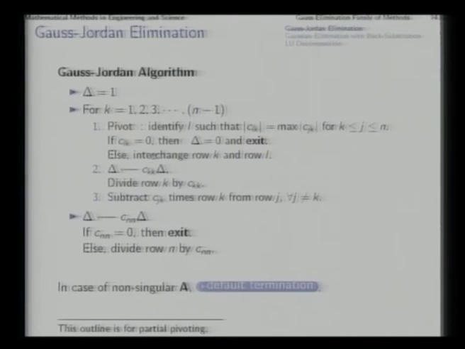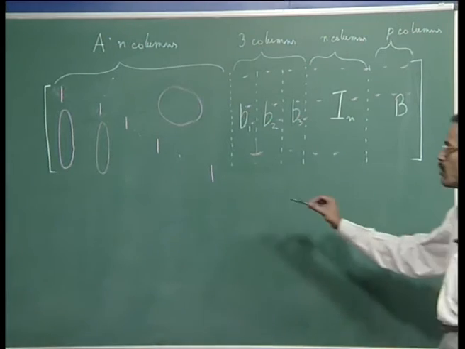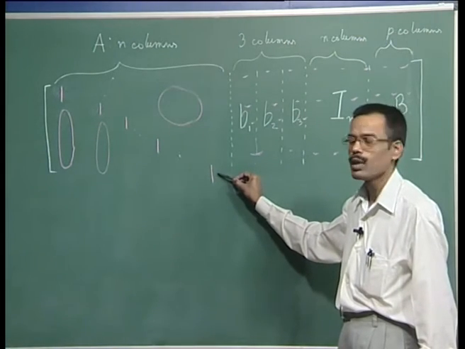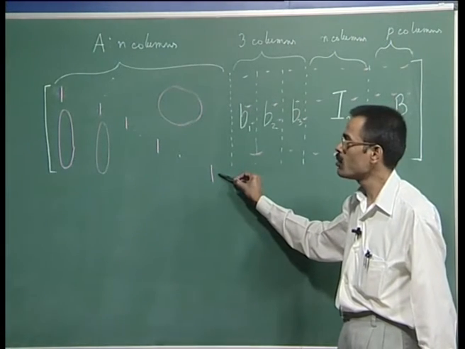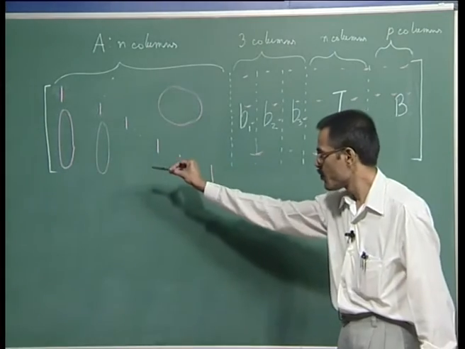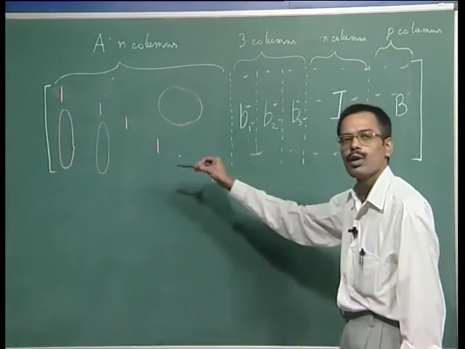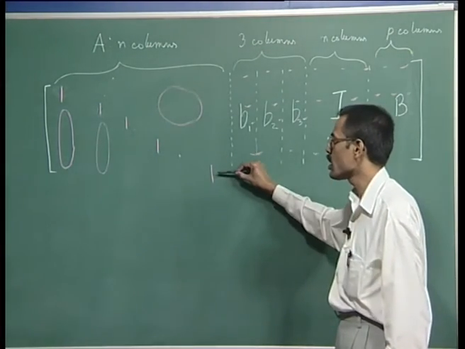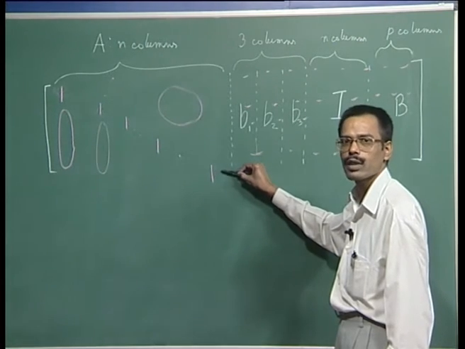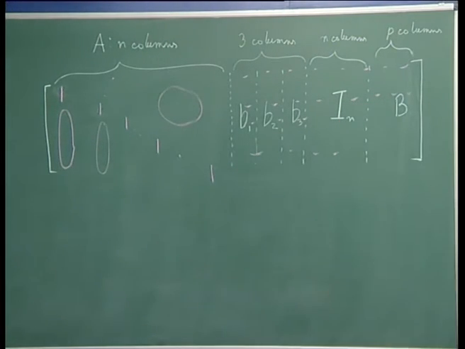As you go on doing this, then unless a singularity is encountered, you keep on doing till the end, that is k equal to n minus 1. By the time you are through with k equal to n minus 1, everything has been reduced except that this entry till now may not be 1. So, there will be a final need for one last row scaling, that is dividing the last row by whatever entry is sitting there, right. That is this step.